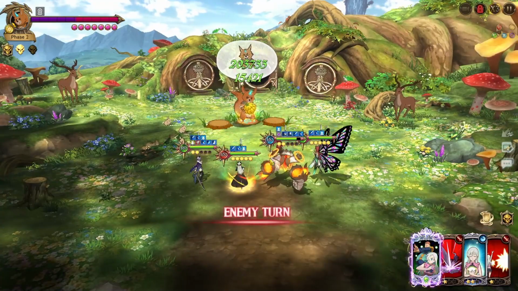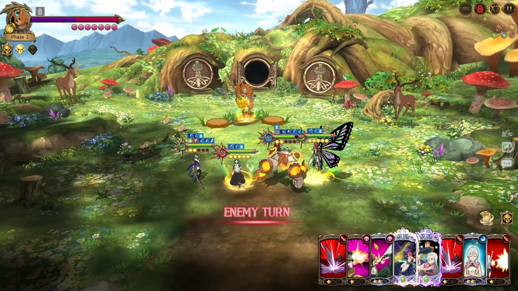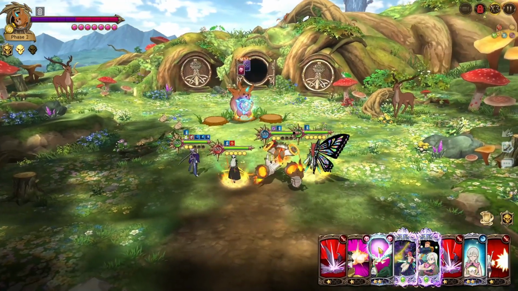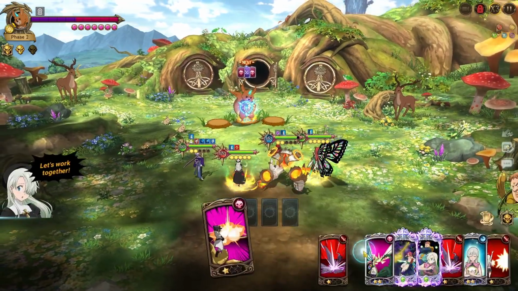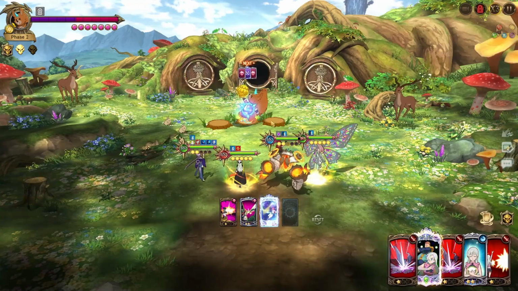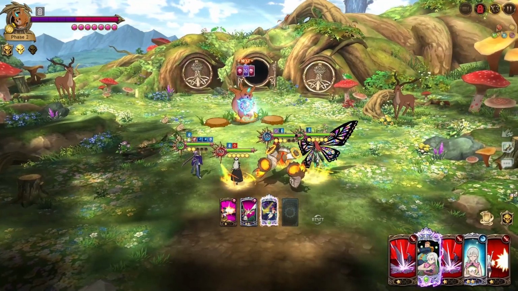There we go. We get our buffs. I get more crap to throw at it. How nice. Okay, I have to play this Valenti skill because I do not want to lose my ultimate with Valenti, personally. What's